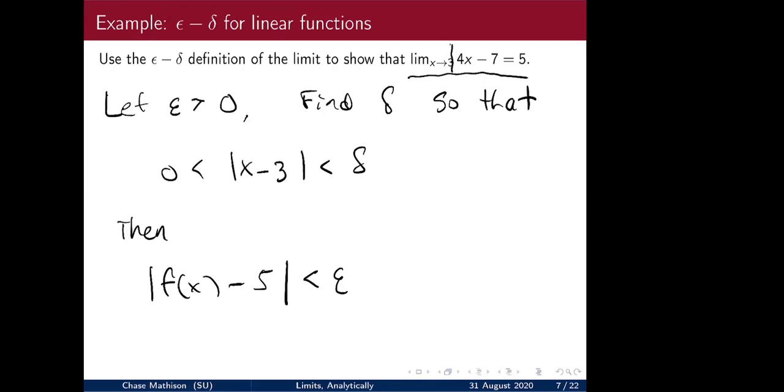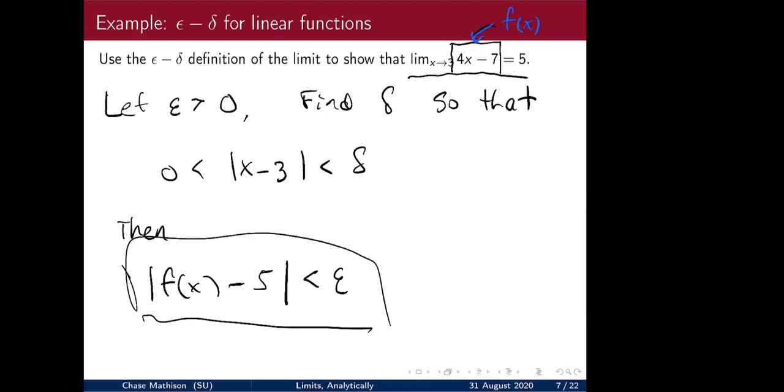So again, this guy here is f of x. All right, so then the epsilon delta proofs, they always work backwards. You work backwards from here to find what delta has to be so that I get this. Okay, so it's going to seem a little circular in that sense, but that's how we have to go about